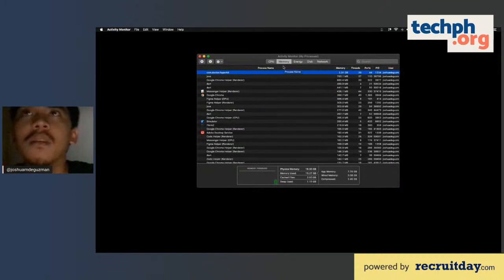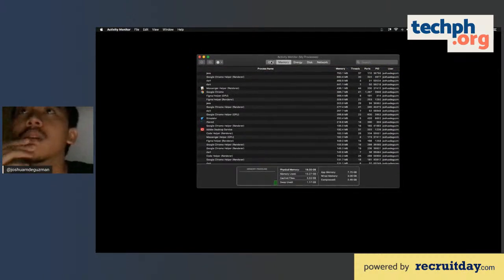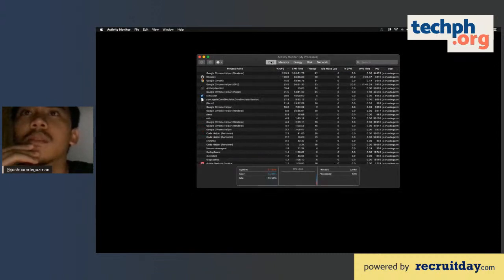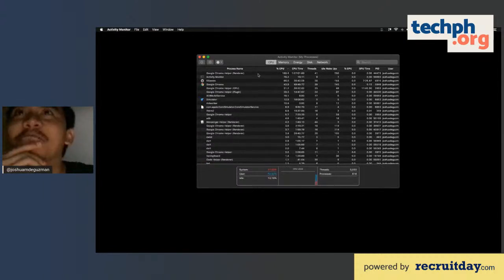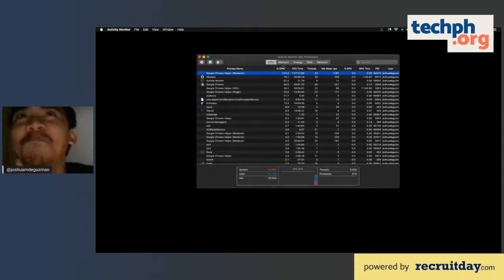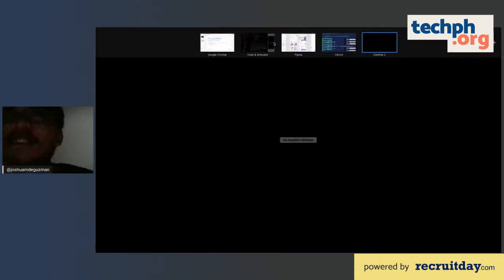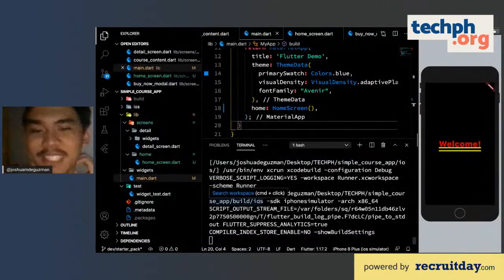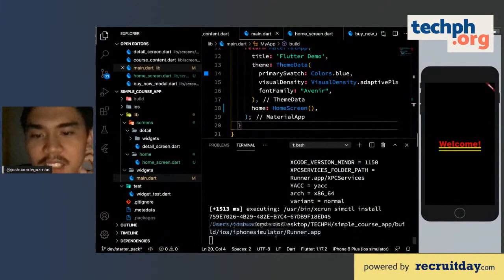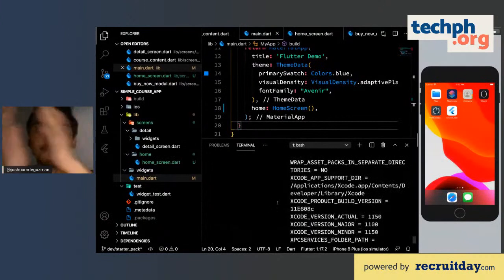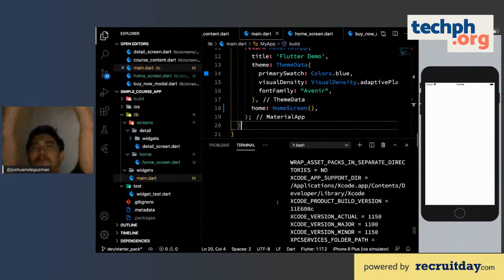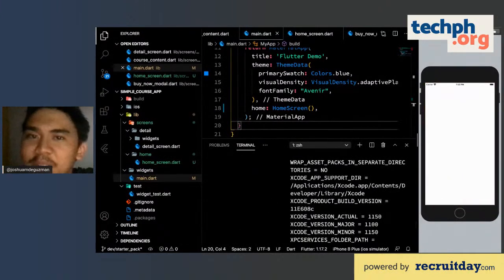Java. I need that for running a Dart app. CPU, I'm on 6 threads, 6 CPU cores. Google Chrome is using 186% of the CPU. This is pretty weird. So if I close Google Chrome, then I'll end up closing this live stream. Nonetheless, I guess the app is already running. Woo. Yes, we built our very first app.